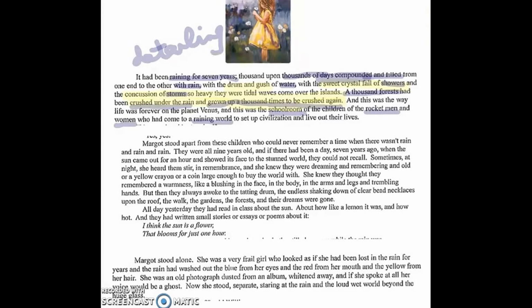And when you think about thousands of days compounded and filled with rain, the yellow highlighting being the connotation, the mood that comes about as a result of the word choice: drum and gush, sweet crystal fall of showers, and the concussion of storms so heavy they were tidal waves come over the islands. Crushed under the rain and grown up 1,000 times to be crushed again. This is not a positive mood. This is actually a very sad and soggy, but also very negative, oppressive feeling in that first